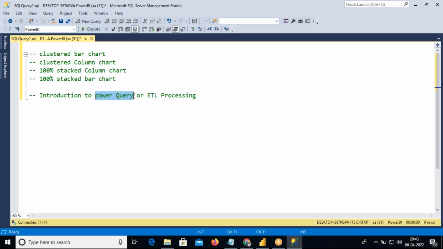So there are multiple names for Power Query. Edit query, we used to call it edit query. Transform data, there are multiple names for Power Query: edit query, transform data, or some people call it ETL processing. Okay, fine. So let's quickly start with these four visuals and then we'll get into the ETL process. Okay, fine. Let's go back to